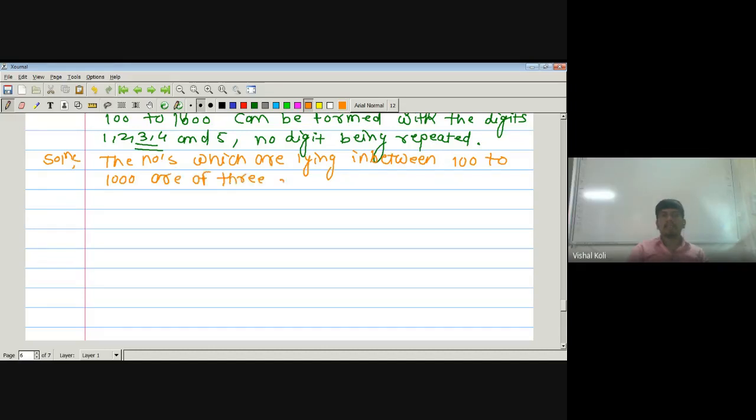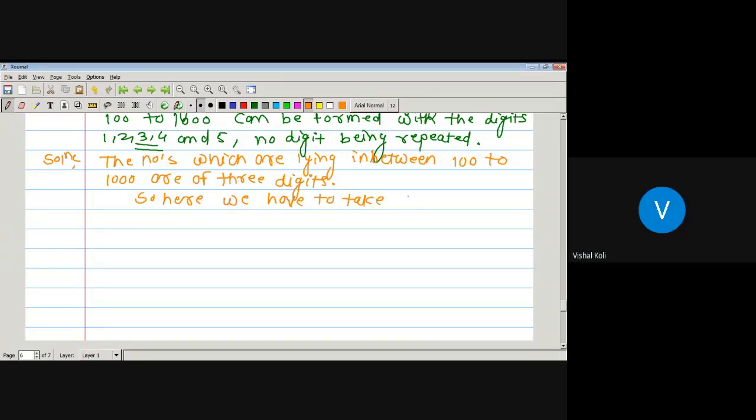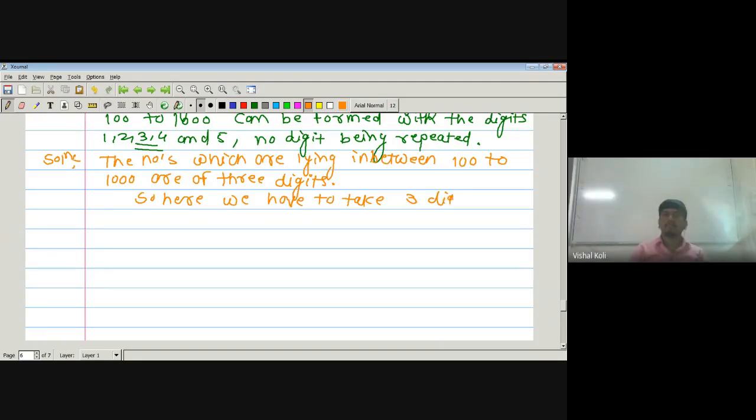If you take any number between 100 and 1000, we have to take 3 digits from these 5 digits, that is 1, 2, 3, 4 and 5. So the required number is